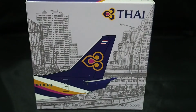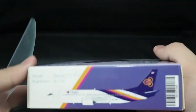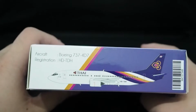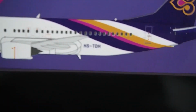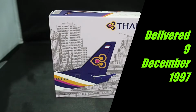Okay, so starting off with a side note, there is a typo error within this one. It says HD on the registration, which is actually wrong. Why? Thailand's country code on the registration list is not Hotel Delta, it's Hotel Sierra. It's even said here, Hotel Sierra. This one in particular is a 737-400, registration Hotel Sierra Tango Delta Hotel, HS-TDH,